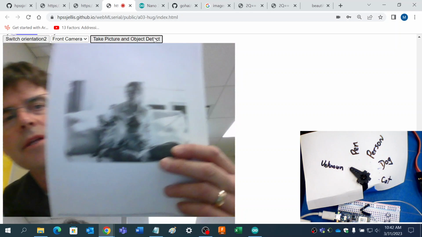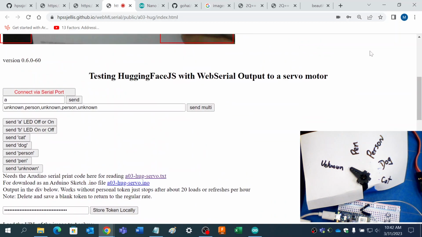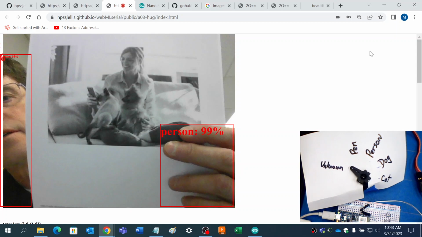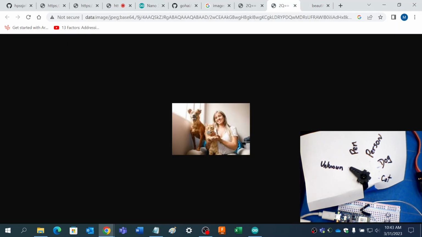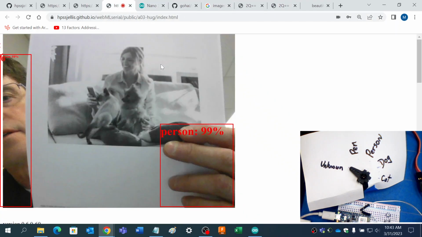Let's try it with more of a picture. Once again, it's not so happy with the dogs. Let's try the picture. Well, let's try this picture. Copy. So on this page, you can do pictures or